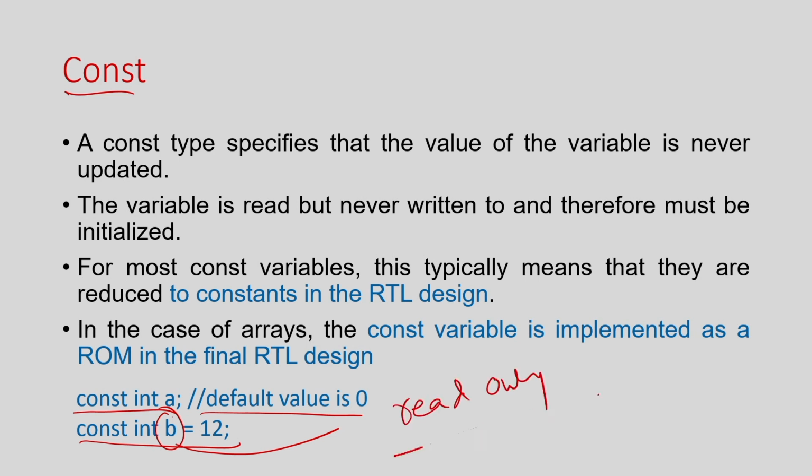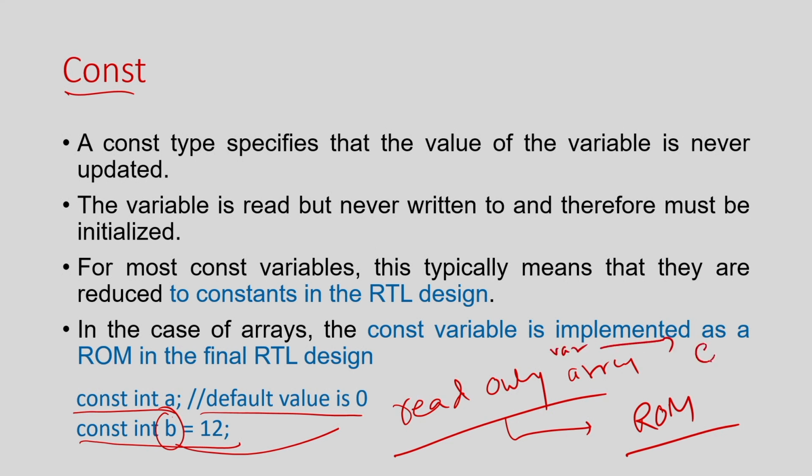If it is read only, the basic idea is that if it is an array, a read only array, then it will be a ROM. So, if it is an array, it will be mapped to a ROM, and if it is a read only variable, then it will be mapped to a constant register. You can just think of there being a constant in the RTL which will realize this. This is something very simple, but I am just completing it for the sake of completeness. So, the conclusion is that const is basically the read only aspect, and it will be implemented as a constant register or a ROM in the hardware.